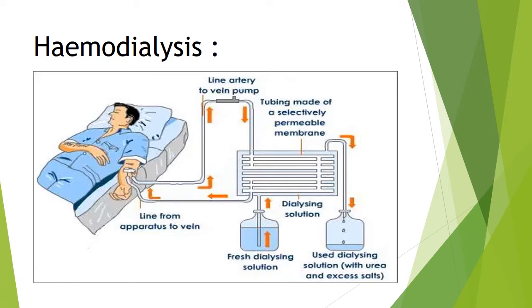So students, as you see in the diagram, there is a catheter which is inserted into the blood vessels of the patient, usually in the arm. It routes the blood circulation externally through a machine that removes waste. Then the clean blood returns to the body through a second catheter. So the catheters supply blood to the hemodialysis machine.